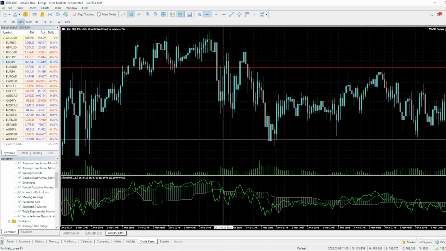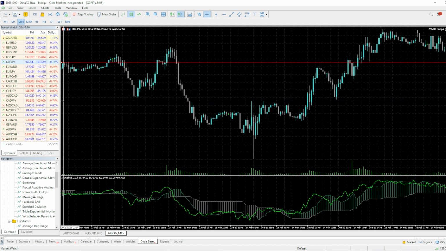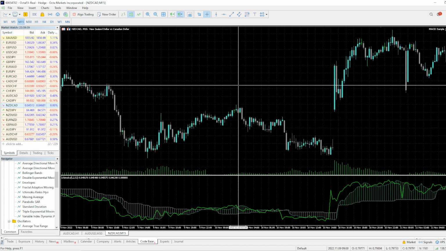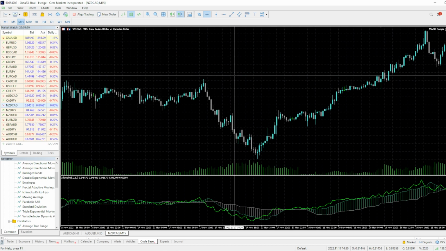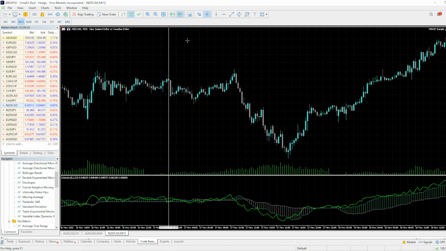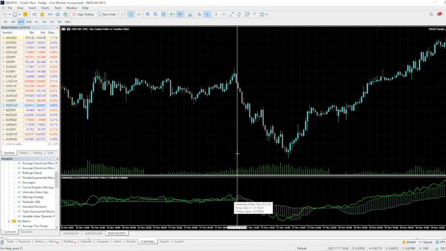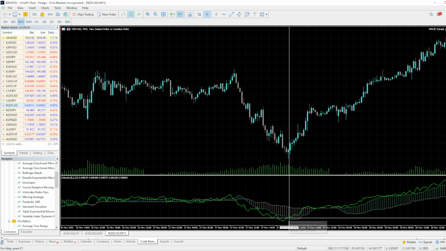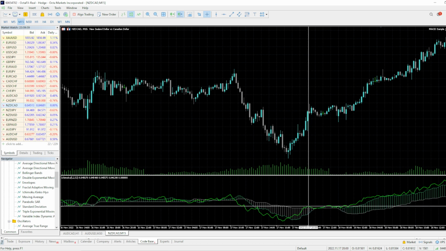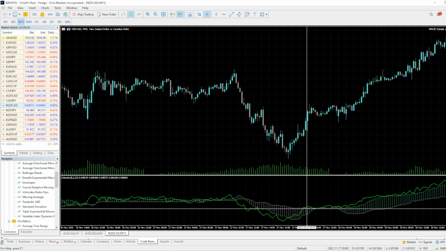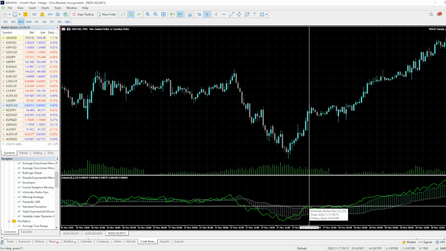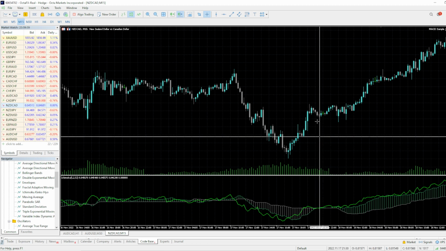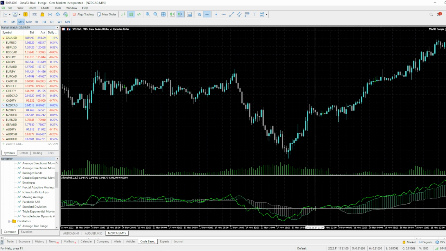Take exit. So if you go to any other pair like this one, okay, I'm going to show you now. Wherever you go into this one, take a look here. See, this is the exit from the cloud, and the market starts rolling down, and then enters into the cloud, and breaks the cloud to the upside. The resistance, you can see the flat cloud, it has already broken to the upside. It doesn't mean from here the market is going to shoot up. It's going to come back a little bit to retest, like you can see over here, and then again exit